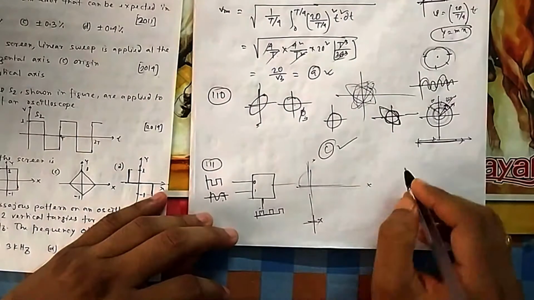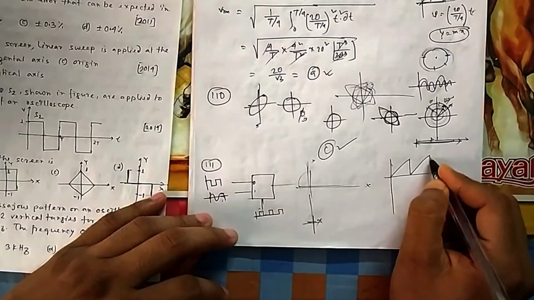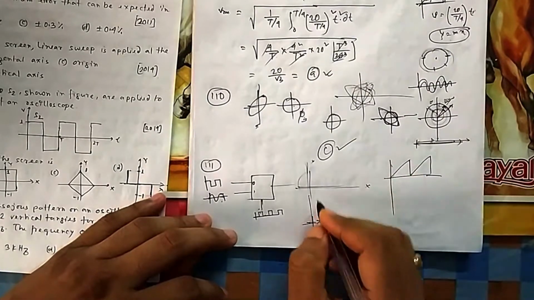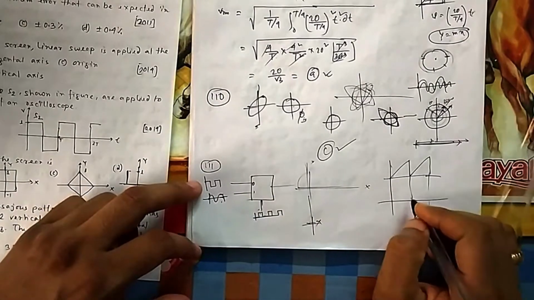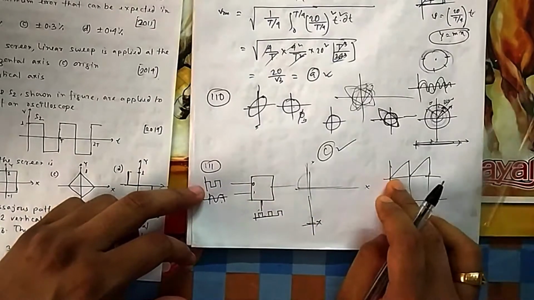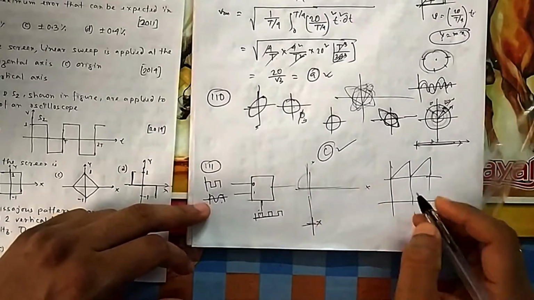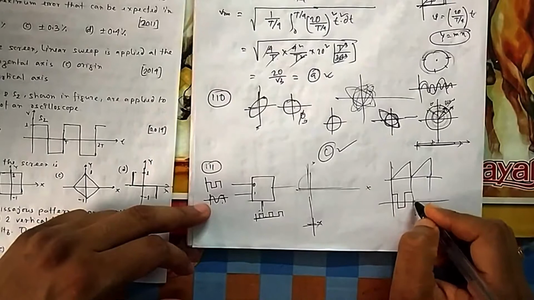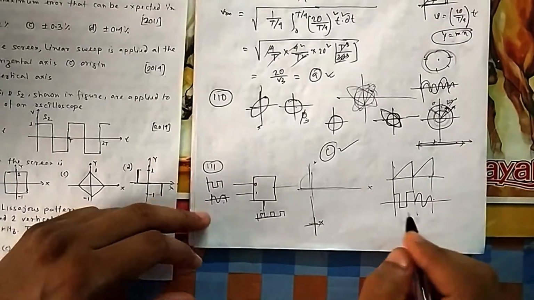Suppose this is your X, which is always a linear sweep, so that X gradually increases. According to X you will select Y. So in the first sweep it should give you, suppose, this one, and the second sweep it should give you this one. Suppose the first sweep is the square wave, so the second should give me this one. So you will get both of these simultaneously.